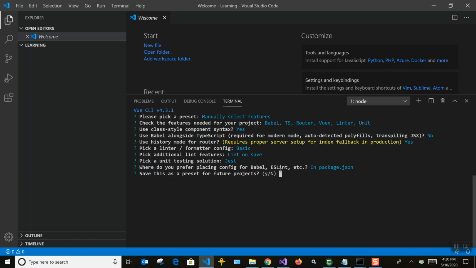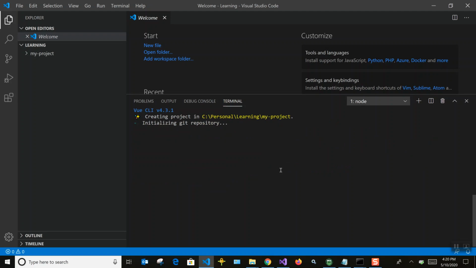After selecting all these features, you can save them as a preset with a name. Next time you can use that, and it will show this name, so you don't need to do this whole step again. You can just select the set of features you have saved, and by default it will select all those things and create the project with that particular set of features. I've given the name demo. It will just create the project. You need to wait for about 1 minute.